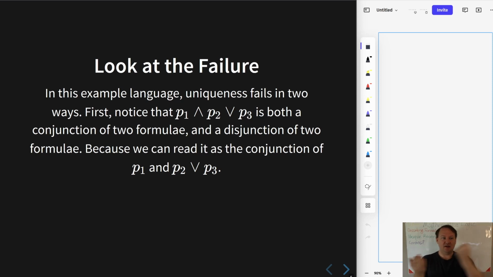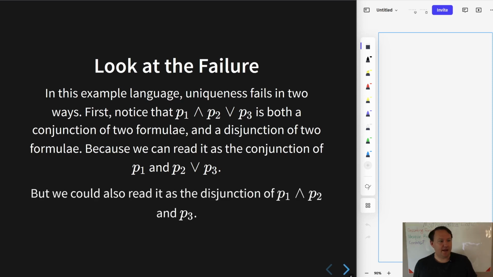Now you have these, and then you construct their conjunction. That's one way that you could have arrived at this. And the other way is you could have first constructed the conjunction, and then with the conjunction and P3 construct the disjunction of those. And so these are two different construction sequences which arrive at the same place,